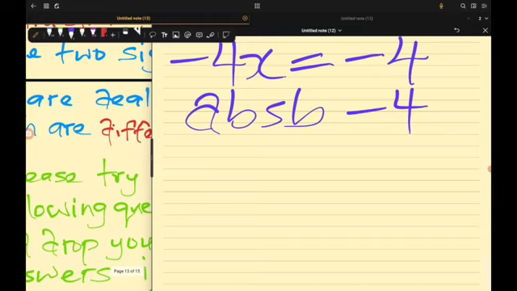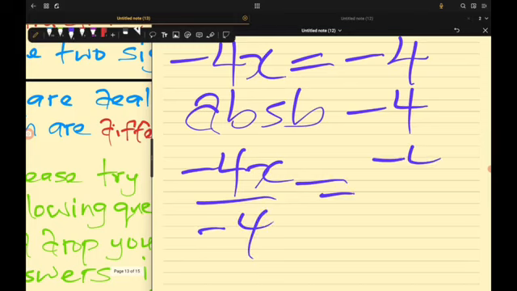So here I will divide both sides by minus 4 by saying minus 4x over minus 4 is equals to minus 4 over minus 4. Look at what I have in front of me now. Here, 4 divided by 4 is 1 for free. 4 divided by 4 is 1. Anybody can do that. But I look at it very, very well. I have two same signs. So what I normally quickly do,